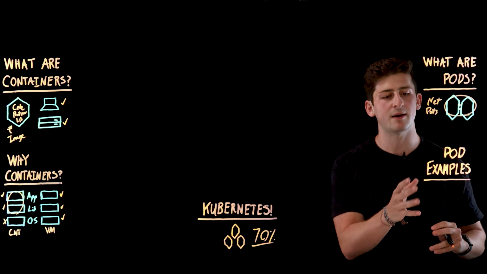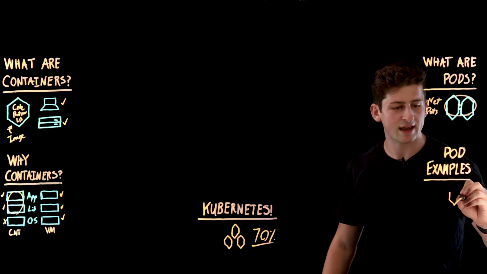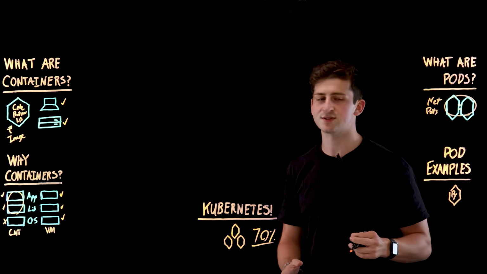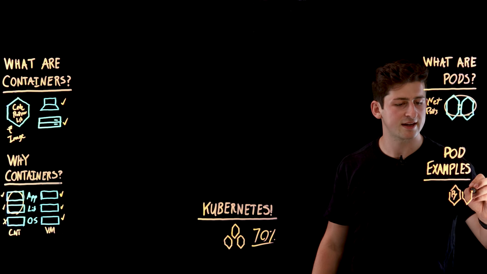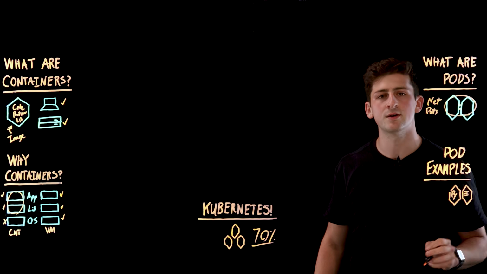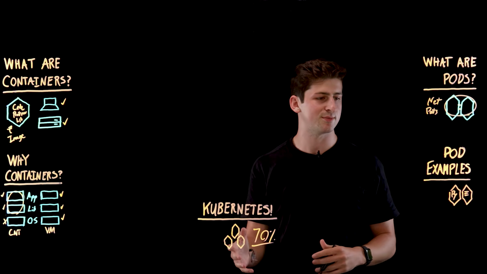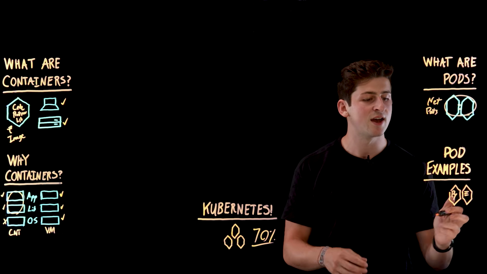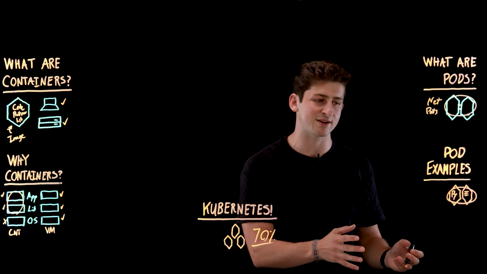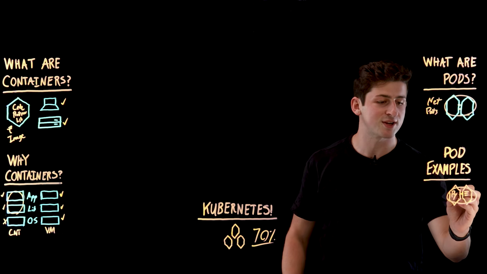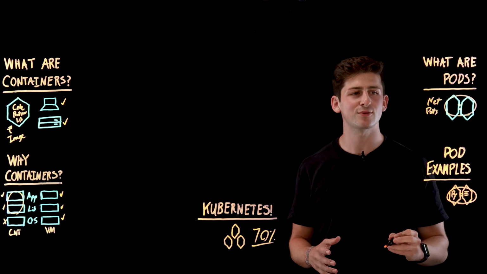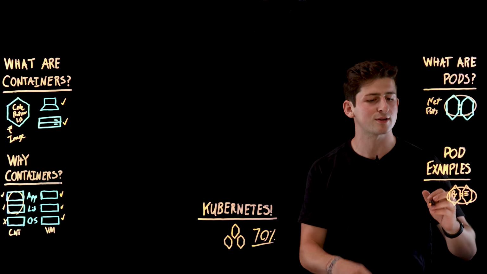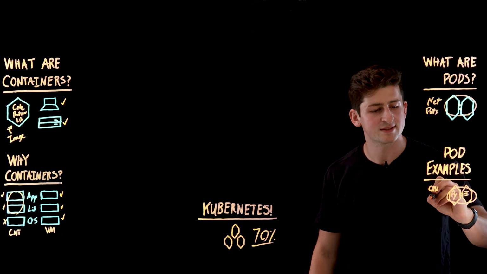Now, if we take a look at a pod example, let's say that we have a Python application that's serving web content, right? So this has been containerized, of course, and we also have another container, which is logging or pushing data from this Python application somewhere. Now, to deploy them into Kubernetes, since they are closely related processes, we can simply put them all within a pod. And this allows them to be able to talk to each other on localhost, which is pretty neat. So this is effectively the best way to be able to deploy these applications, to allow them to talk together closely and to, with Kubernetes, manage them.